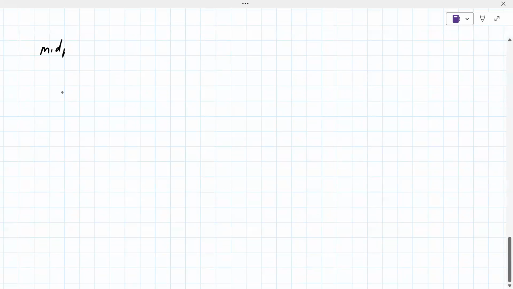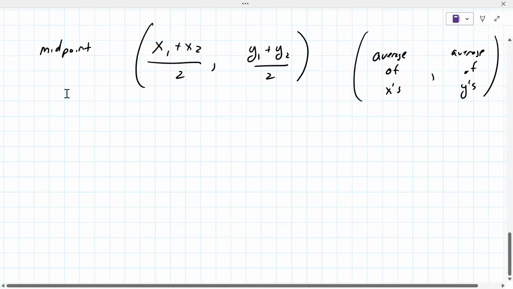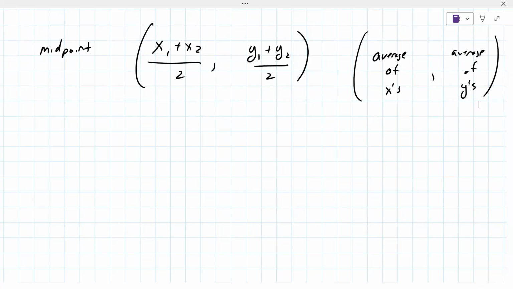So the midpoint formula is x1 plus x2 over 2, comma, y1 plus y2 over 2. In words, you're finding the average of x's, comma, the average of the y's. An average is when you add them up and divide by the number of numbers, in this case, 2. Okay. So let's do that for problem